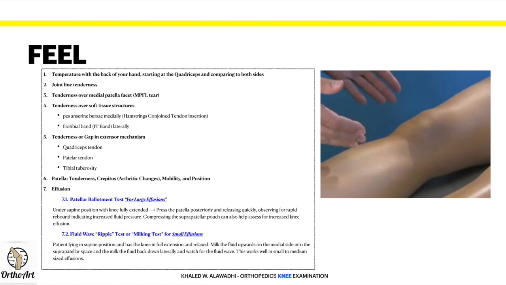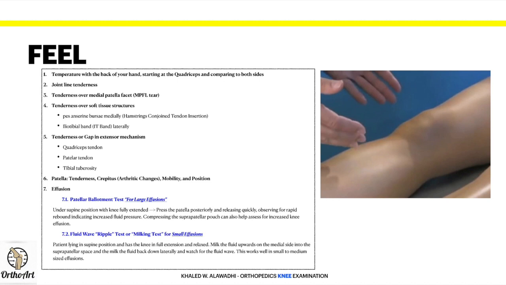Effusion. So you do a patellar ballottement test for larger effusion. You already did that in third year. However, I'll mention it again, so you have to do it. With the patient in a supine position with the knee fully extended, you press on the patella posteriorly, and you release quickly, observing for rapid rebound,